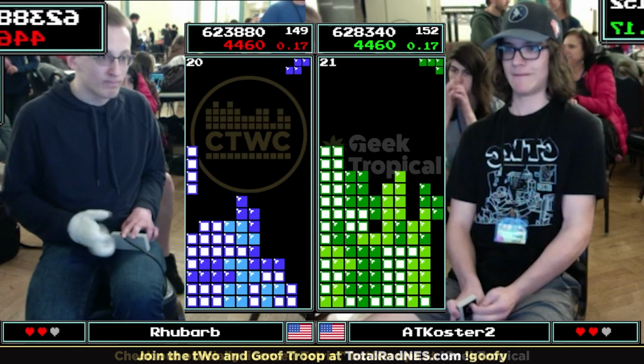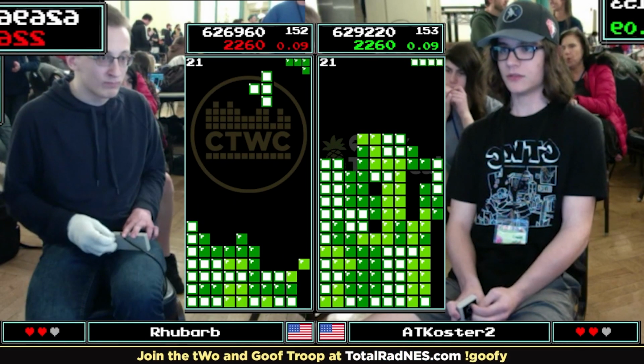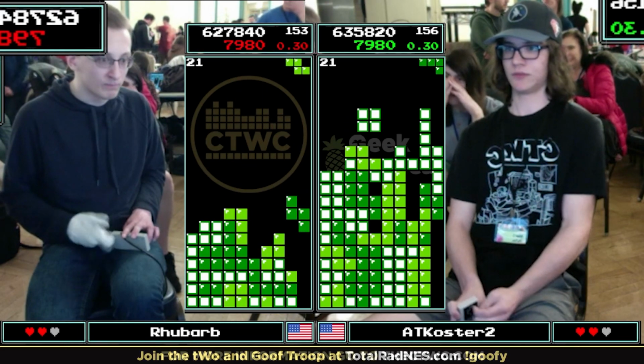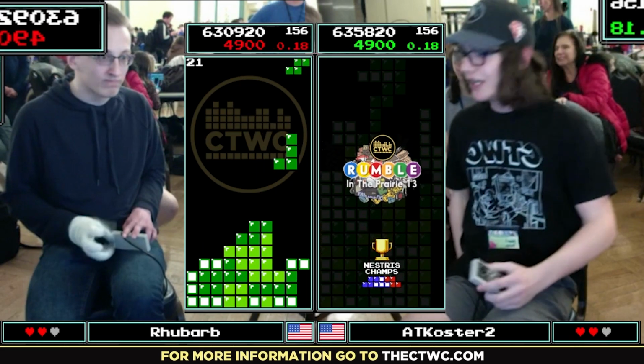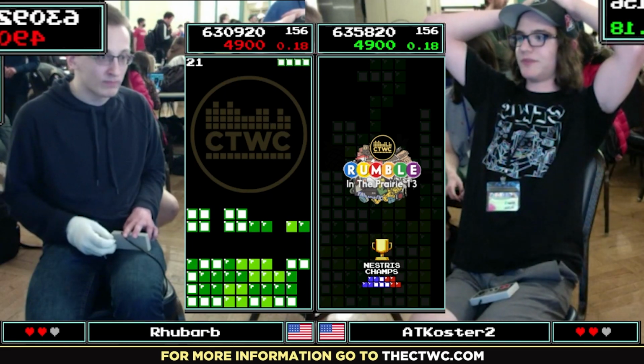Bang, Tetris, 623. He's about 4 burned lines away from catching atKoster. And atKoster is going to top out at 635. So for the win, Rhubarb just needs a couple of burns. He's at